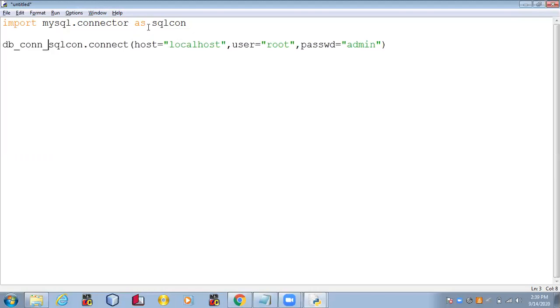If I print this database connection object, I'll get some messages in blue color. If I get messages in blue, it means I have connected successfully with my MySQL. This is the first approach.